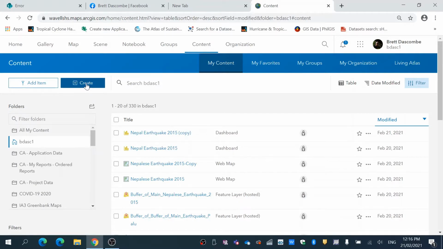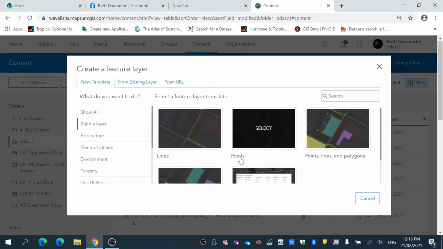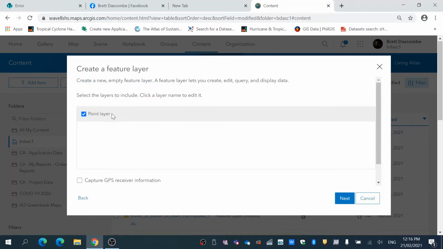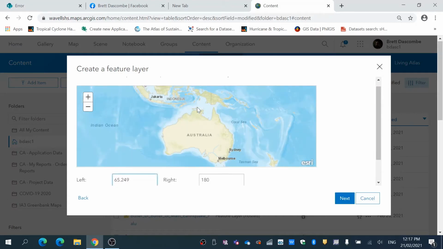First thing we're going to do in Content is hit Create, Feature Layer, and we've seen the other stuff, so we're just going to build a layer. And we're going to select Point Data and Create. I'm going to create this point layer as Water Quality Field Report 2021. I'm not bothering turning on Capture GPS or Z values. I just hit Next, and then the next thing I do is I hold down Shift and zoom around the